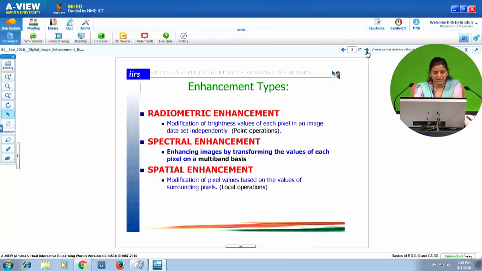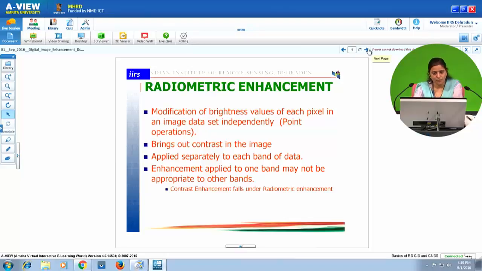Spectral enhancement is enhancing the image by transforming the values of each pixel on a multi-band basis, whereas spatial enhancement is the modification of pixel values based on the values of surrounding pixels. Since to calculate the new pixel value, we are looking at the digital numbers of the surrounding pixels also, that is why we call this operation a local operation.